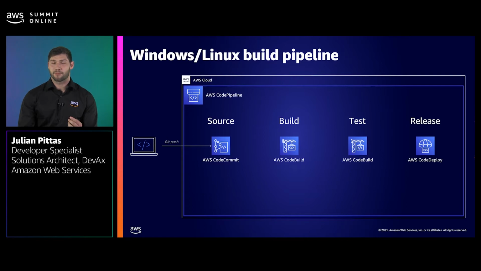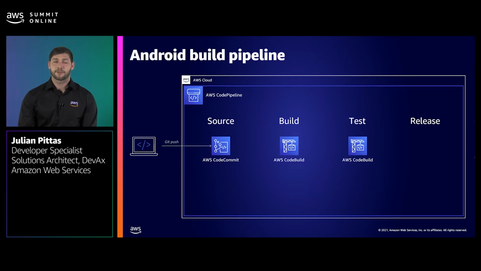If we were to look at building mobile apps for Android, the pipeline would change slightly. After CodeBuild runs tests on the built application, we can add an extra layer of certainty to see how the app behaves on real devices. Device Farm allows us to take an Android, iOS, or web application and run concurrent tests on real physical devices. We can then verify the application works and displays as expected before we release the application to the App Store. For the deployment, we can use CodeBuild to push our app to the Google Play Store.